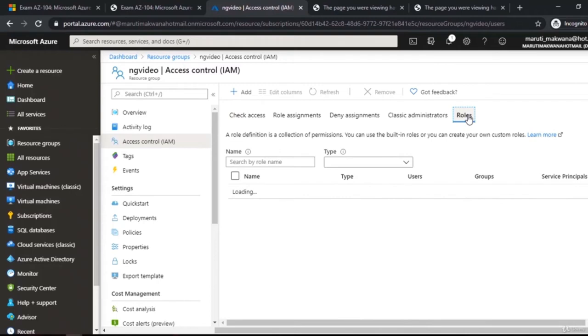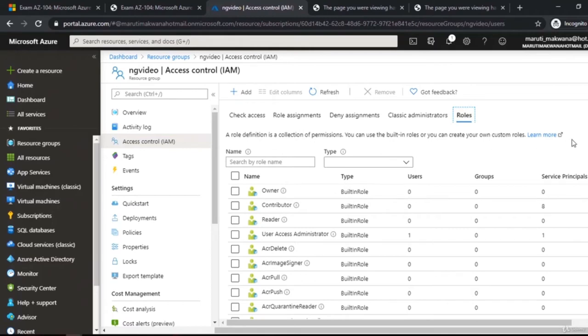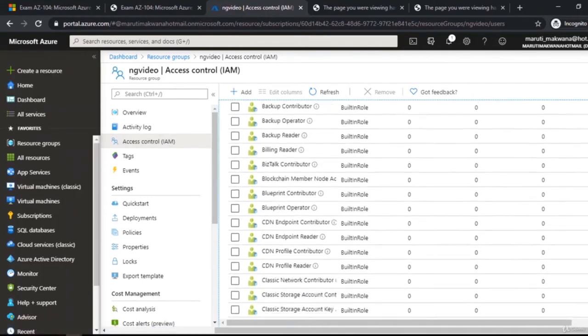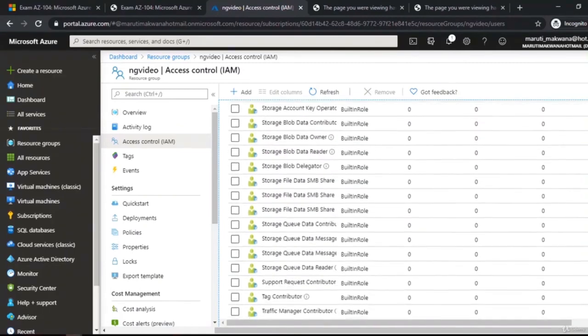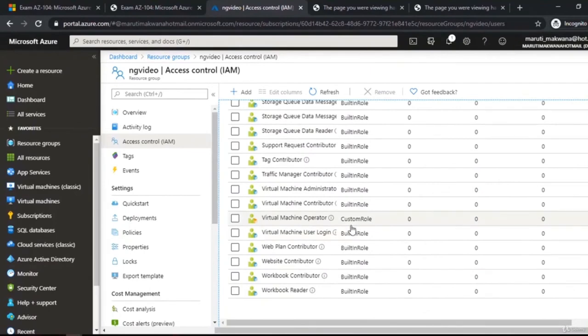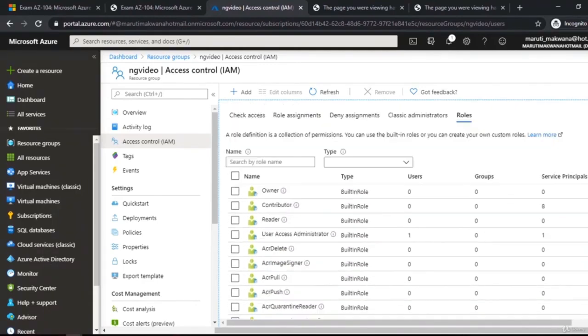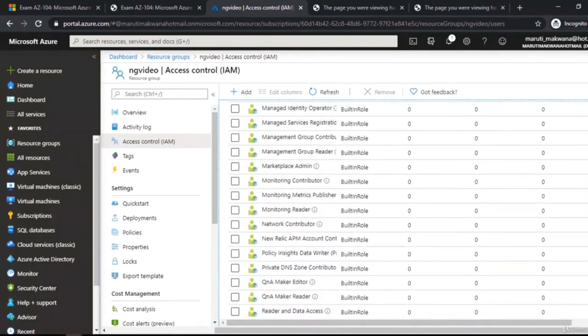Then we have a last and important section which shows you the available roles associated with it. Right now I am inside my resource group, and if I click on this access control, I have a list of available roles. Again, all these are built-in roles, and if I want, I can create my own custom role. You can see one of these roles is a custom role which I created with my own customizations. After this, when I want to apply a role to a particular user or group, we can do that. Also notice, here I have a long list of available roles.